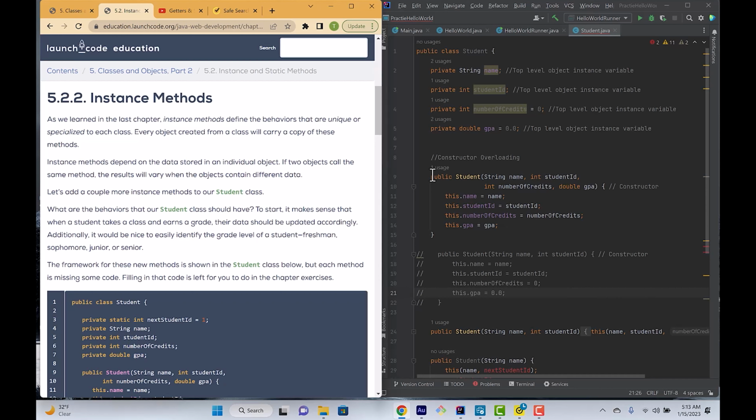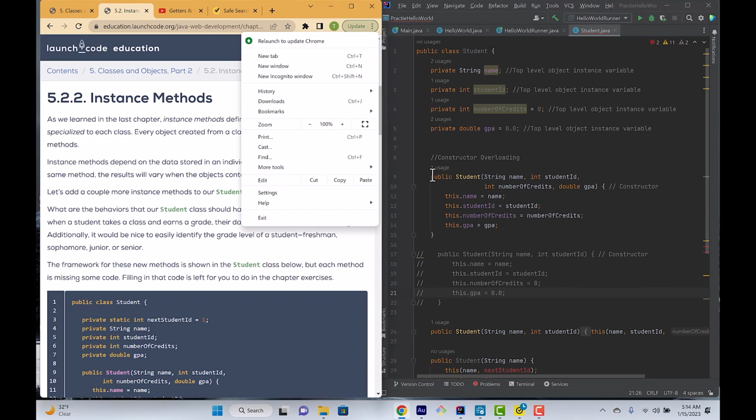Let's add a couple more instance methods to our Student class. What are the behaviors that our Student class should have? To start, it makes sense that when a student takes a class,